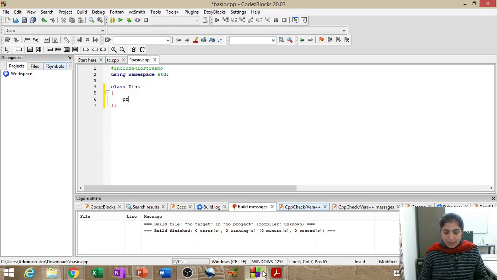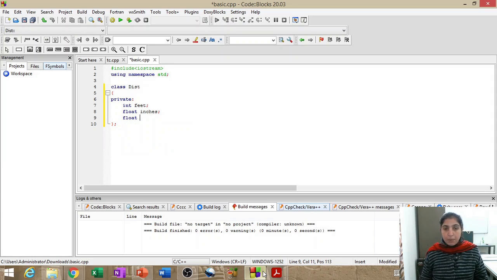The Distance class we have already seen many times. It contains basically two data members, int feet and float inches. But in this example we will include a third data type, that is float